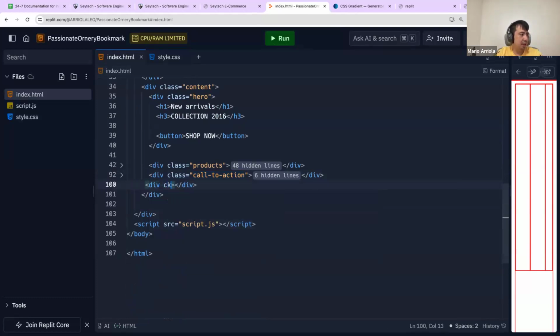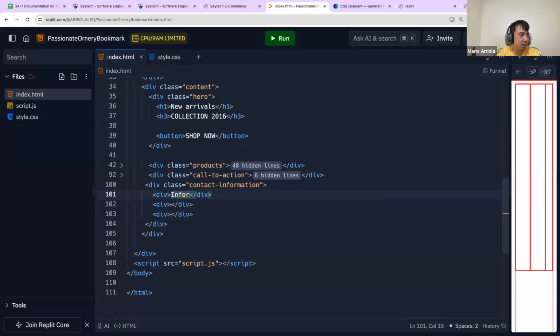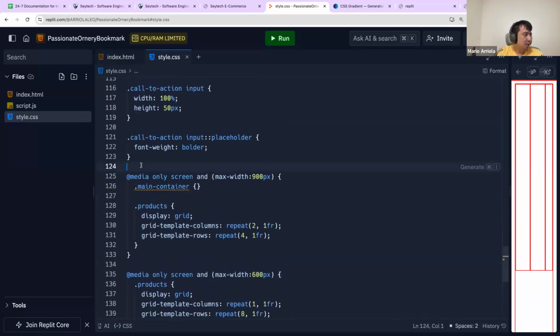This will be, I don't know, something like a class contact information, and we can have 3 divs, and there will be info 1, info 2, info 1, info 2, and info 3, and we take this contact information and we just say something like